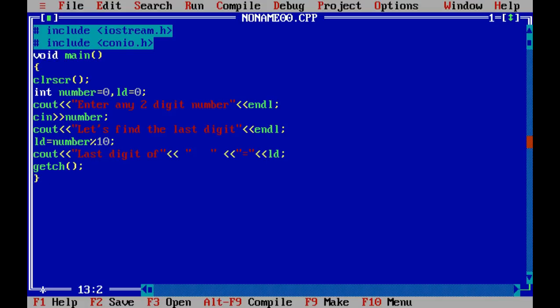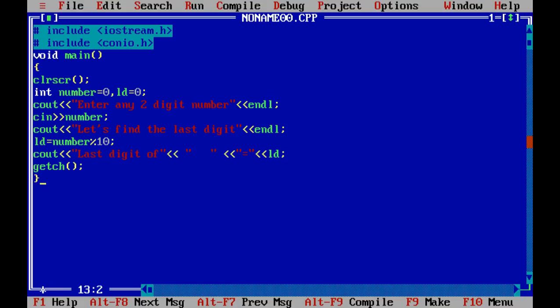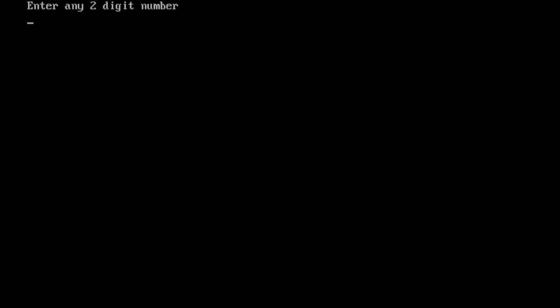Let us run the program and see if it has any problems or errors. So, Alt plus F9. So, no errors. Okay, so we have compiled the program. Now, we will run the program. Control F9. So, let us see, enter any 2-digit number. I am entering 35.